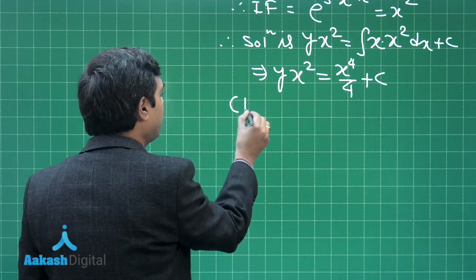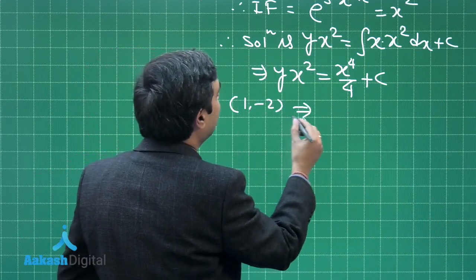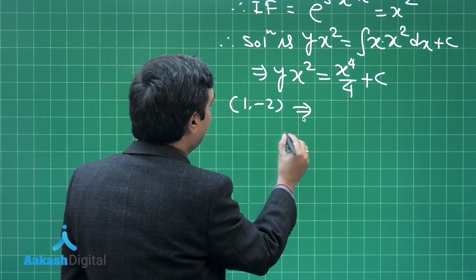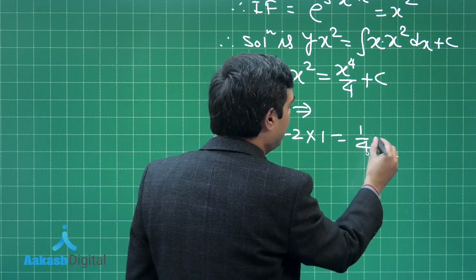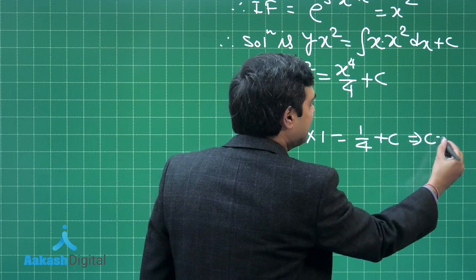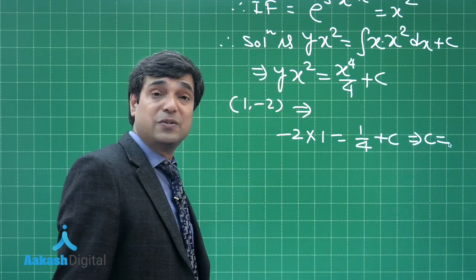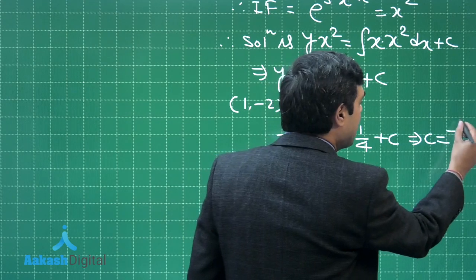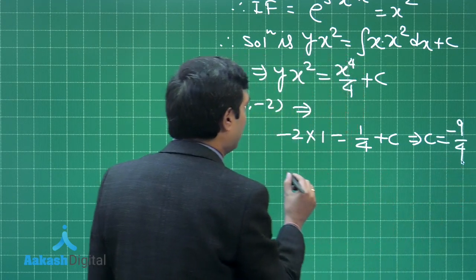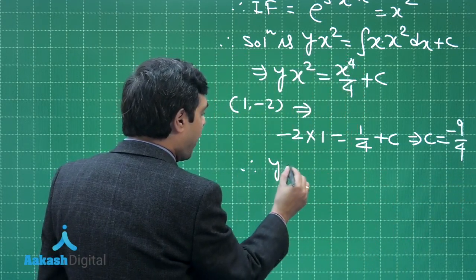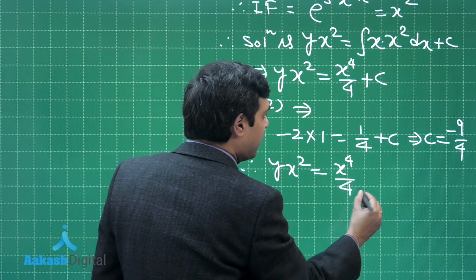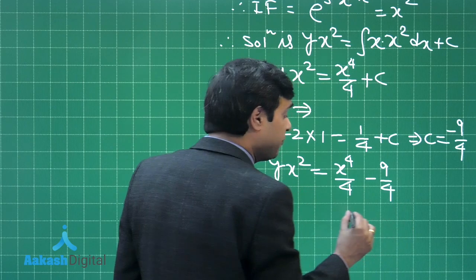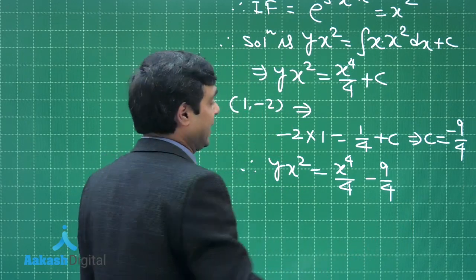It passes through (1, -2), meaning let us put the values. We have -2 × 1 = 1/4 + c. You get c = -2 - 1/4, that is -9/4. Therefore, y x² = x⁴/4 - 9/4. That is clear. Next,